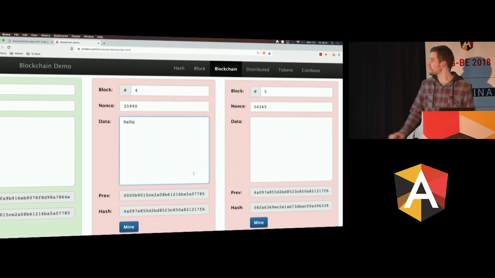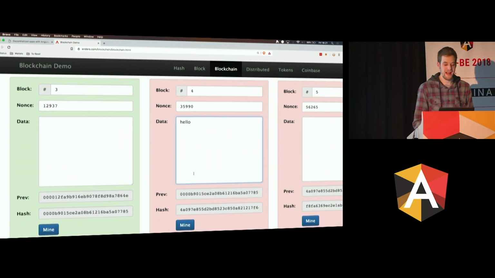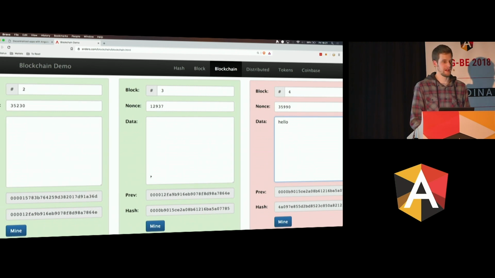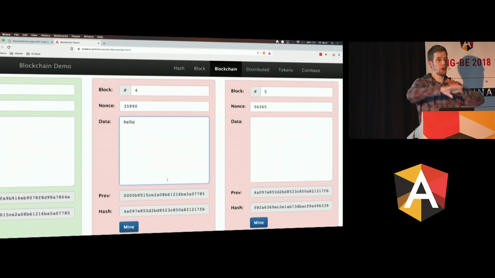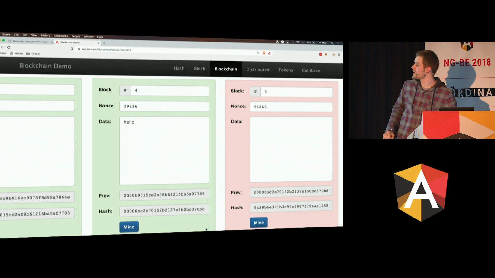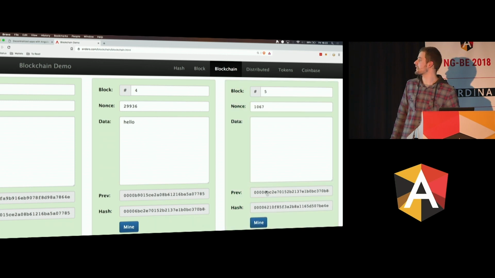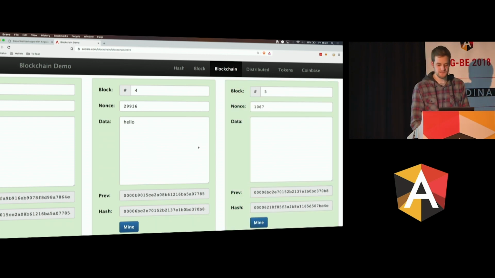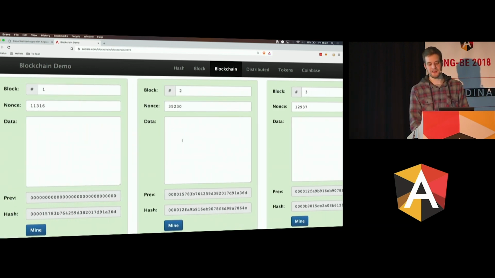And not only this one, also the following one, but every block that was before that is still fine. That means in order to get the whole chain valid again, we need to mine the block again from here. So we have to remine this one and we have to remine this one. And now they're all green again. Now, why is this important? Again, this is a